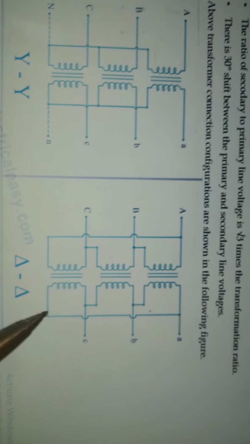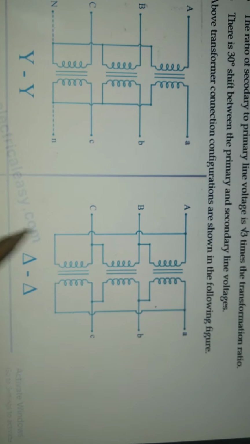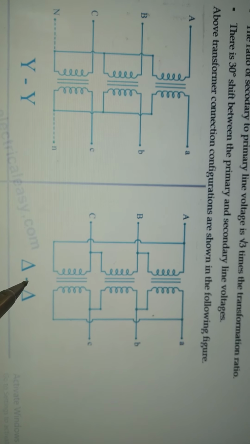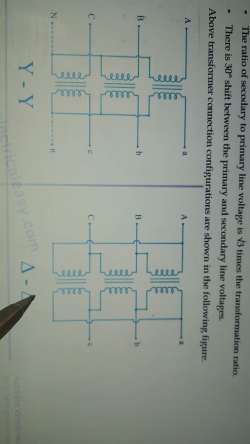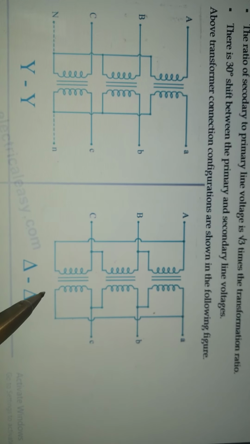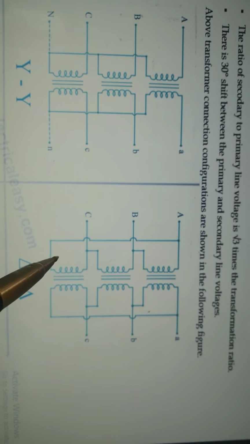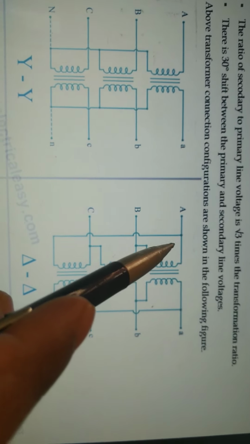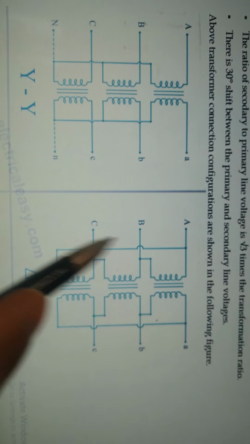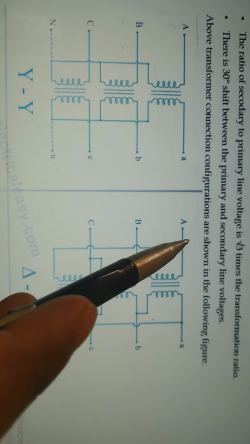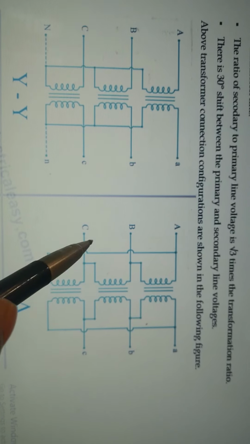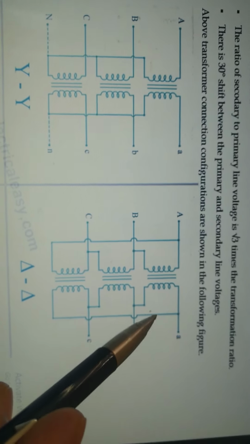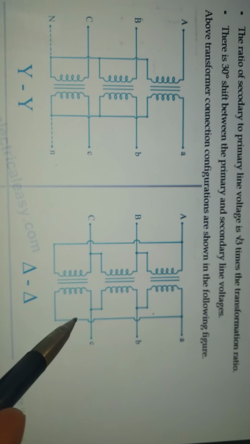When we see the delta to delta connection, this is the delta to delta connection. The basics of star and delta we already discussed in the second unit in three-phase AC circuit analysis. So we have some knowledge regarding the delta connection and star connection. The primary winding of the three-phase transformer is connected like this, having three wires only, unlike 4 wires for the star connection. And the secondary winding of the transformer also has 3 wires.